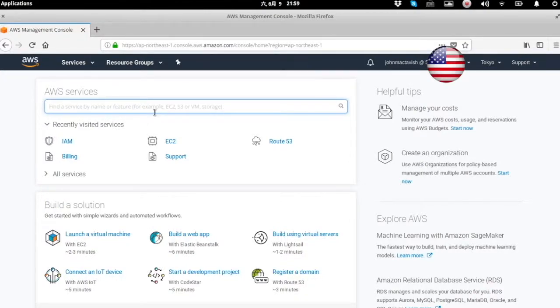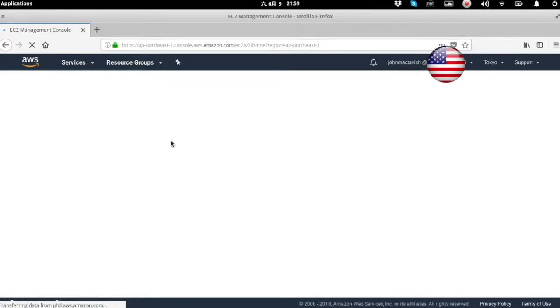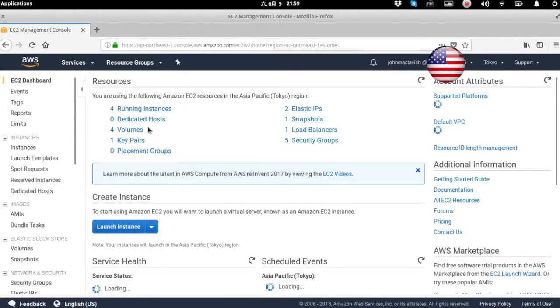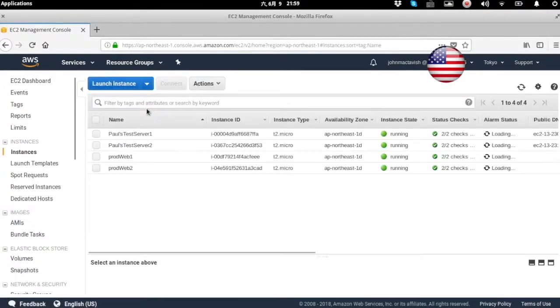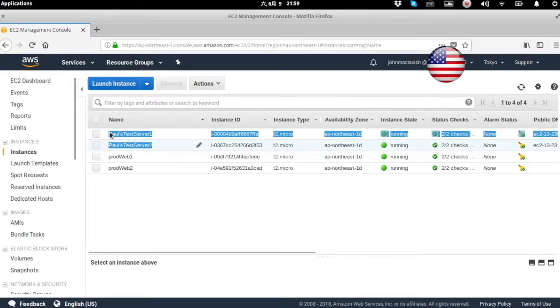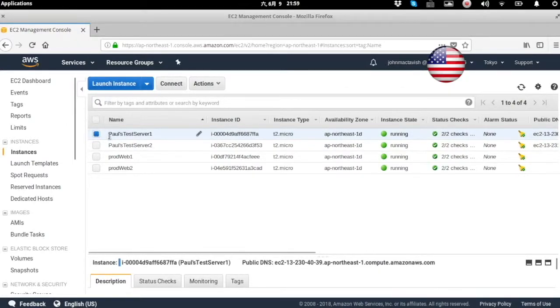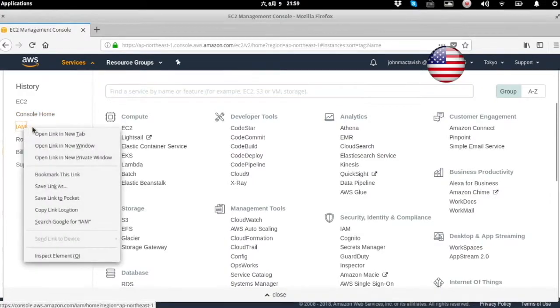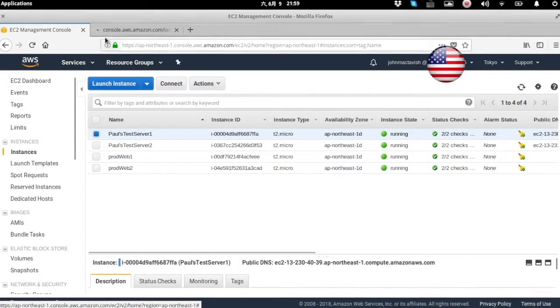Alright, in this video I'm recording how to let our developer Paul be able to power off and power on his instances from the AWS console, while other instances cannot be touched by him. Currently he has two instances here, the test server 1 and the test server 2. These two servers usually get stuck with different kinds of problems, so Paul wants to directly restart them from the AWS